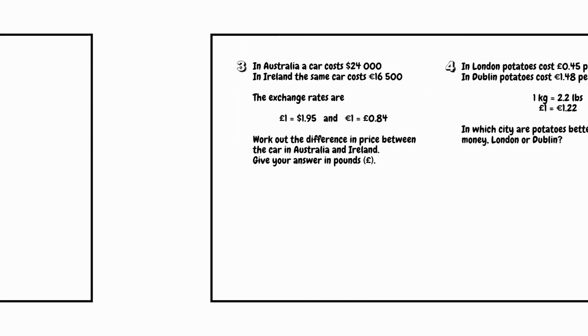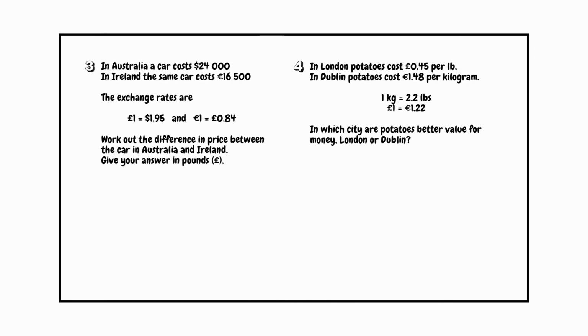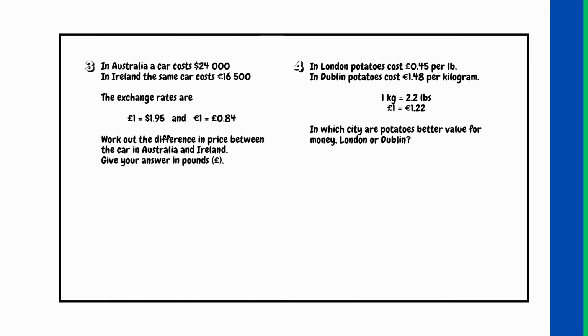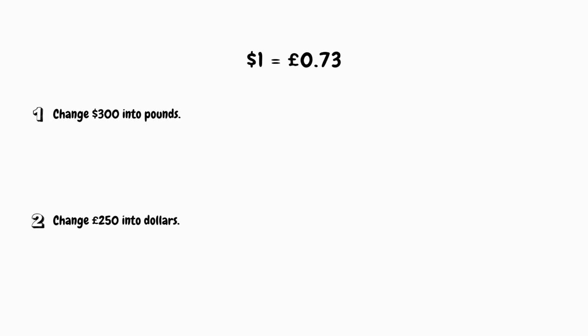In this video, we're going to take a look at some questions involving exchange rates, the timestamps of which I've put down in the description. So for this first lot of questions, we've been given the exchange rate that $1 is equal to 0.73 pounds